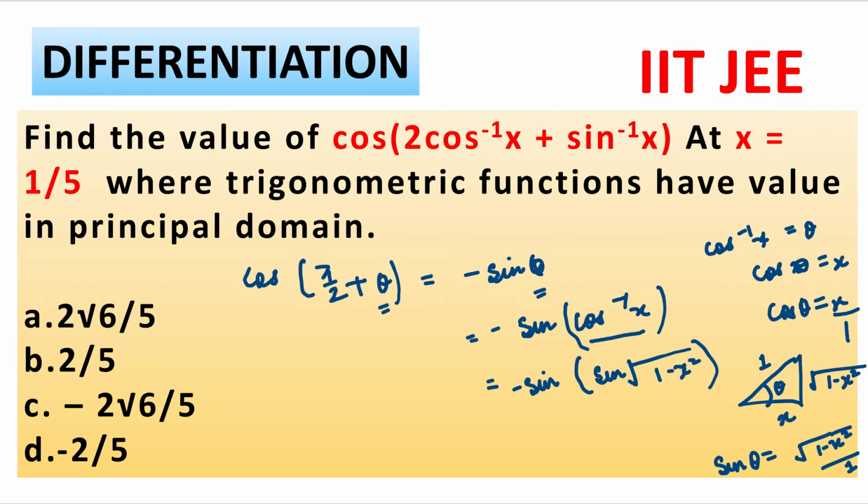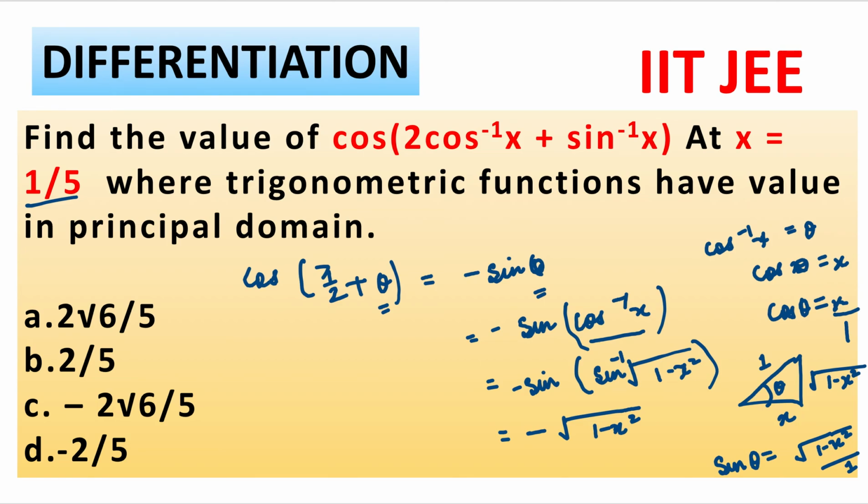Okay, so this is clear. It is very clear till now that we have this expression. So ultimately what happens? Sorry, this is sine inverse, right? So this is sine theta, so it is going to be sine inverse of root 1 minus x square. Whenever we have expressions of the type sine and sine inverse, they will cancel out each other. So we can just write that this is minus of root 1 minus x square, right? So ultimately what is the value? The value of x that we have been given is 1 by 5. So just substitute x by 1 by 5 and you will get your answer.